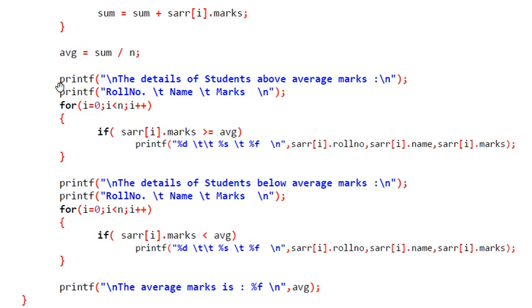These next two statements I am using as a header, some information. Printf, the details of students above average marks. So before displaying the marks of students who are above average, I will just display this message, and after that roll number, name, marks. These are the header I am giving to the information that I am printing. Now